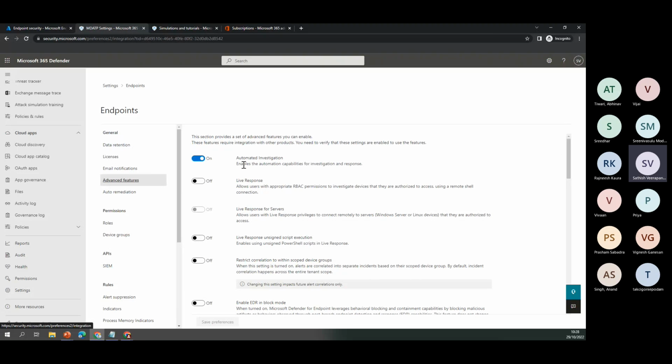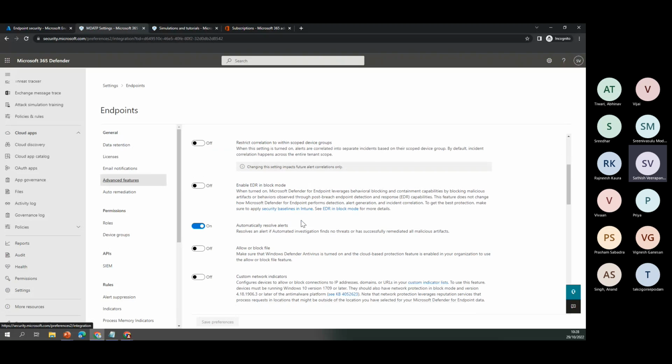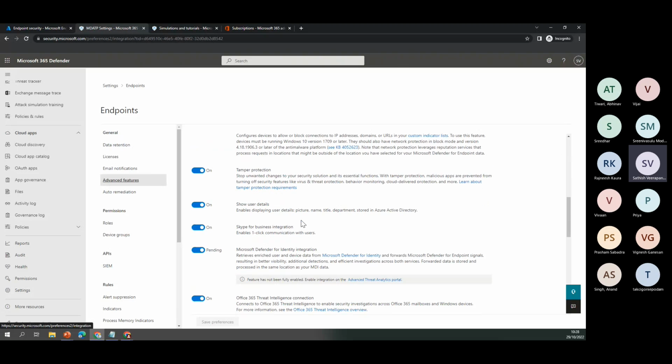Here, there is something called automated investigation. The automated investigation enables the automation capabilities for investigation and response. This is turned on by default, so I would also say not to turn this off, because this is providing a lot of benefits. So when we scroll down, coming to talk about Intune, when we scroll down,